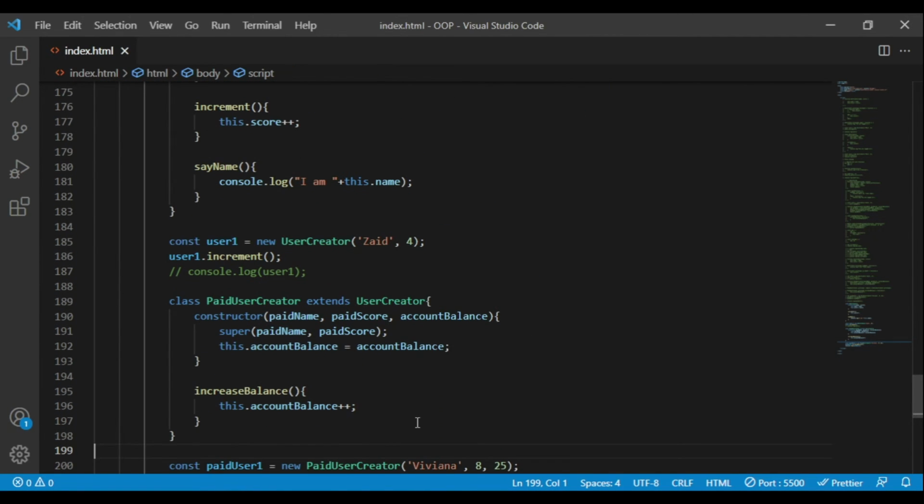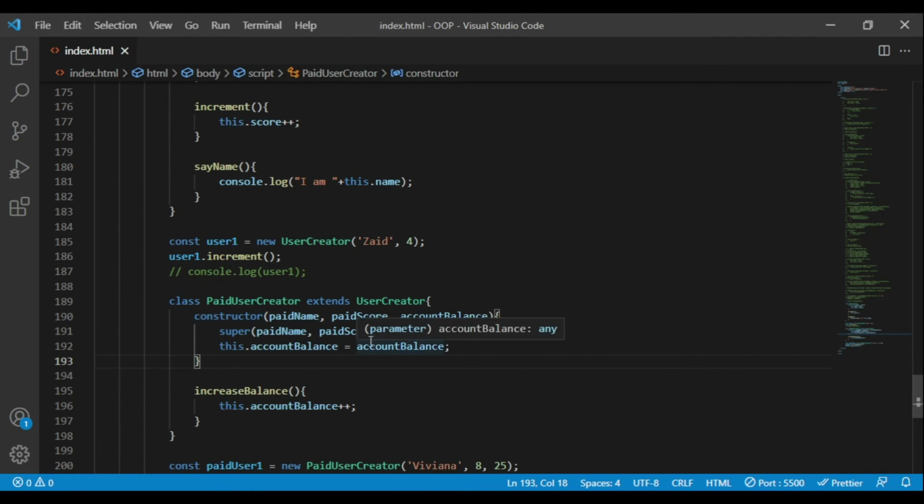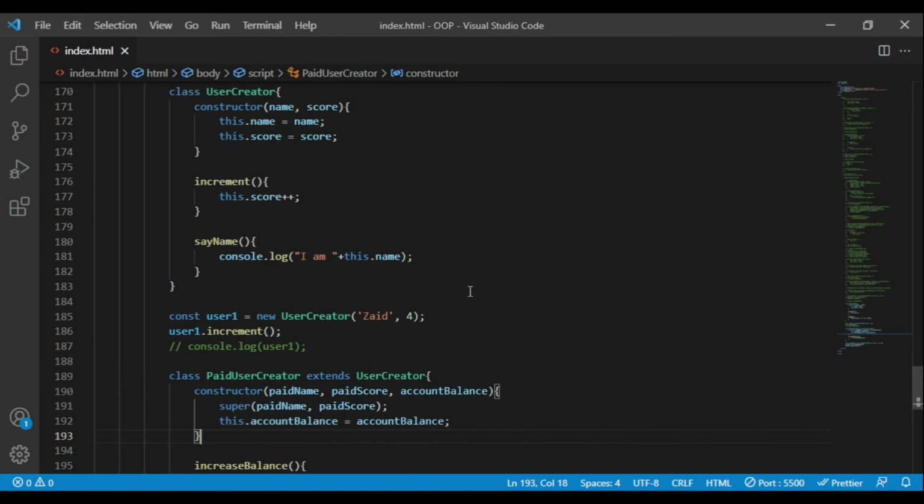So how they allow us to use them is by, when I use this constructor and add three values, this extends keyword allows us to use another keyword, which is called super. Because of the extends keyword, I'm allowed to use the super keyword. When I use super and pass in the parameters, like these two parameters, it's going to go to the user creator constructor function,